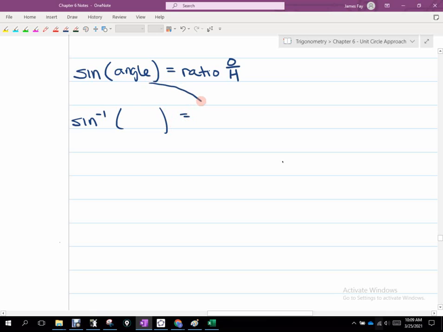those things switch spots because of the relationship that we know from college algebra about how inverses relate to one another, okay? If a comma b is on one of the functions, then b comma a is on the inverse. So then this will be a ratio here, okay? And we discussed that the opposite side divided by hypotenuse, if I'm in the first quadrant,